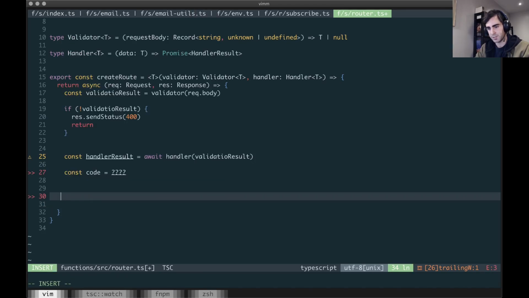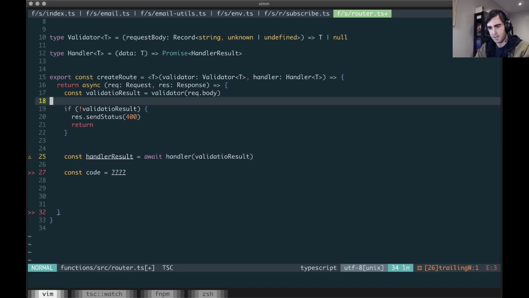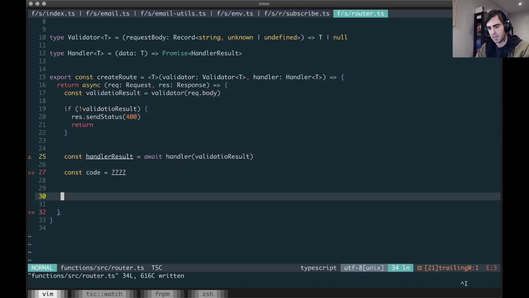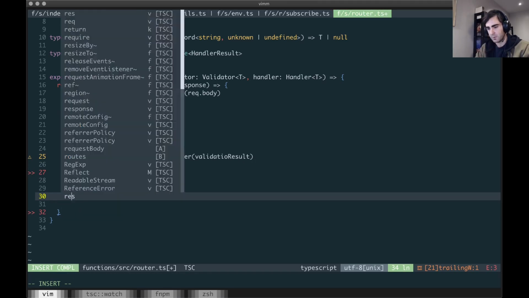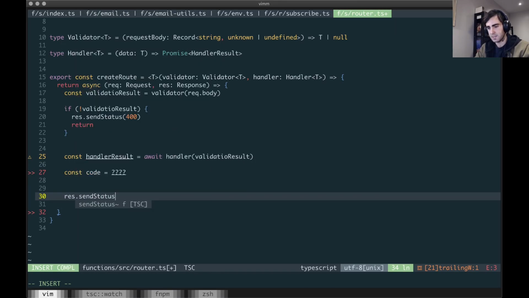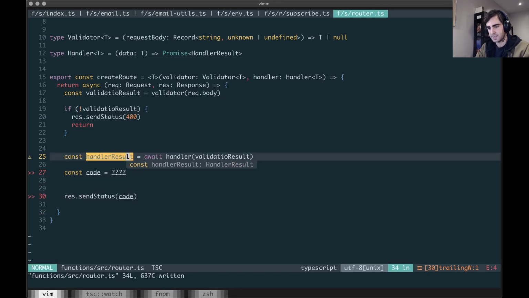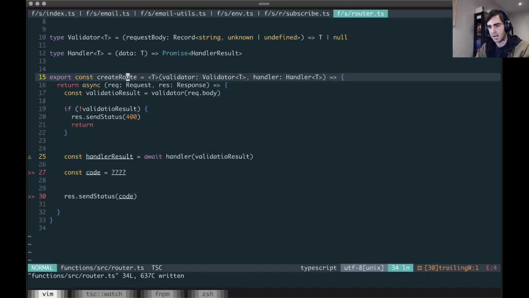I don't think I need a return actually here. Is my formatting incorrect again? No, it's fine. Res.send status code. Okay. So given this data type handler result, I'm gonna